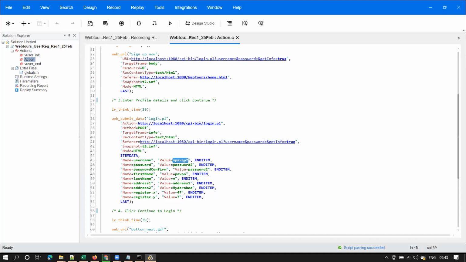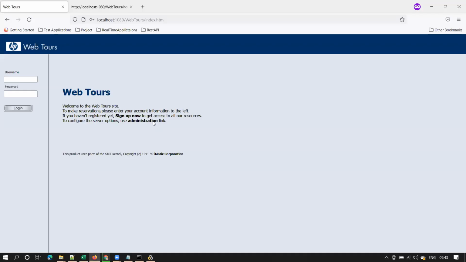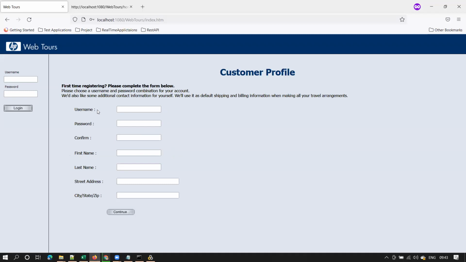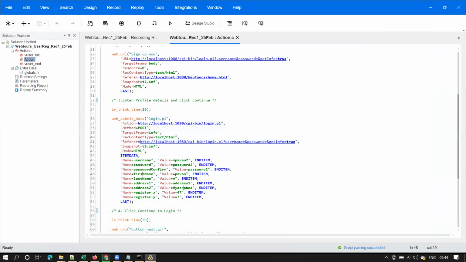Username, mPavan2, password 2, password confirm, password 2. Whatever data I entered in the form, you are seeing that over there, yes or no? See this username, password, confirm password, first name, last name, street address and all got recorded here. Whatever values you entered, yes or no? Yes, sir.